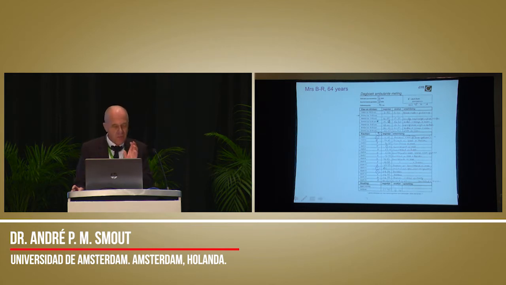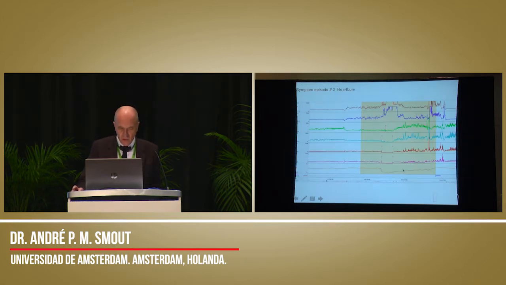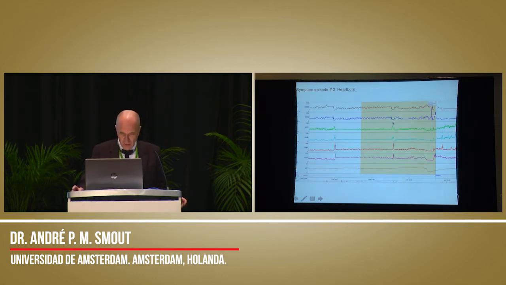So she mainly has zuurbrand, which is heartburn. Then we go and look at the tracing, and the equipment selects for us. This is the moment that she pressed the event marker button, and this is a 2-minute window just preceding this event marker onset, and this was an episode of cough, and we see nothing that looks like reflux in this 2-minute window. Now I jump to the next, the symptom episodes, which was heartburn, and here we see a